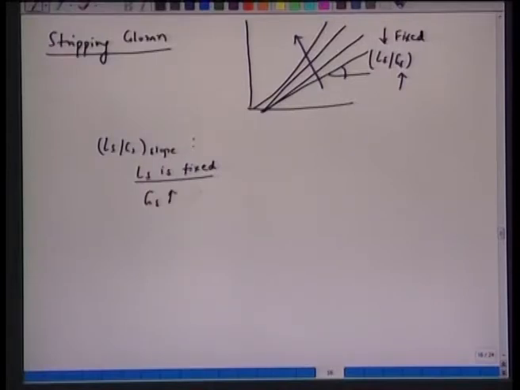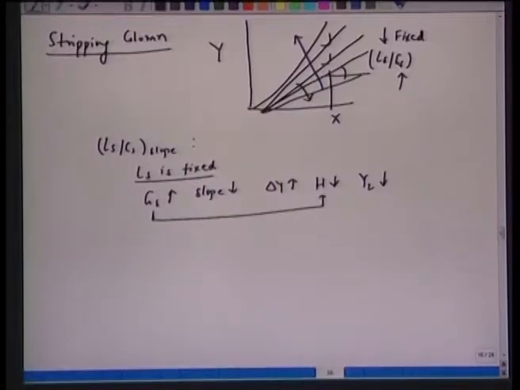If LS is fixed, and let's increase GS. If GS increases, slope decreases. See, the curve will move in this direction. Slope is decreasing like this. Slope decreases, driving force increases, height decreases, and y2 will also decrease. So we have y and we have x. So given x2, now y2 decreases. So again we see a cost effect here. Large amount of solvent is required, steam is required at the cost of a smaller height.